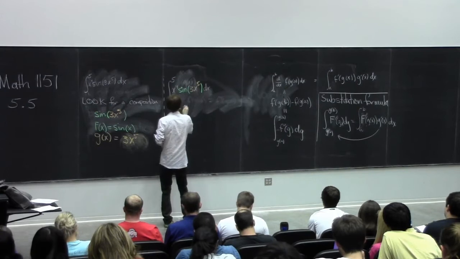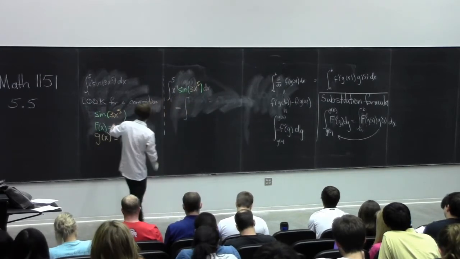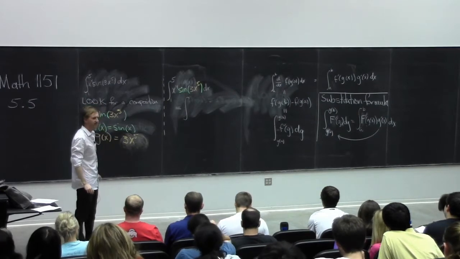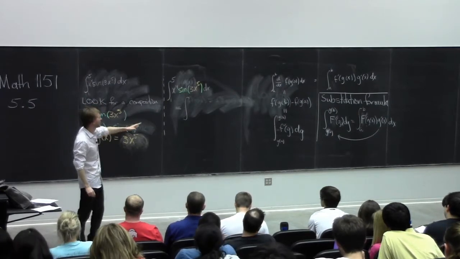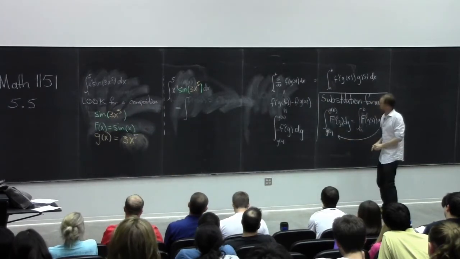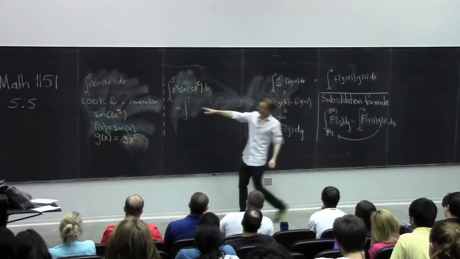And then this is going to be equal to, and look, I'm saying that g is equal to 3x to the 5th, right? So what happens to the first thing, if I'm going this direction? What happens to my 1? It becomes